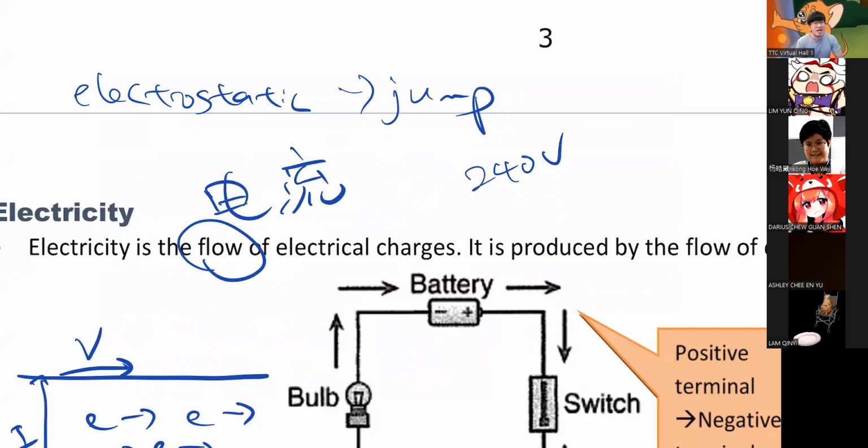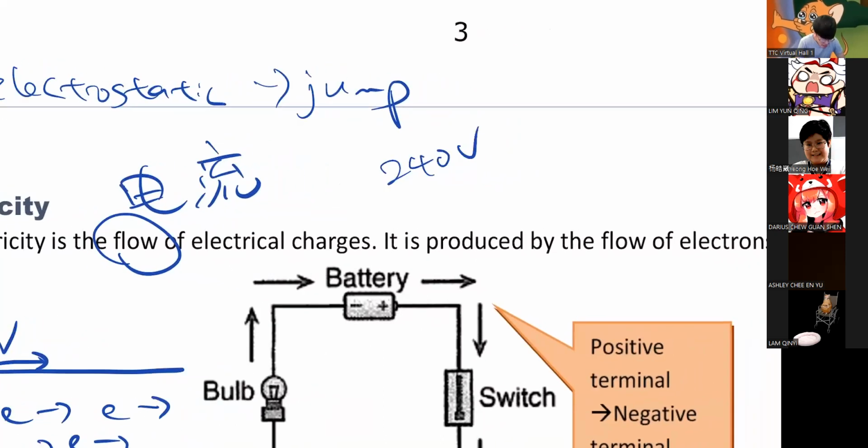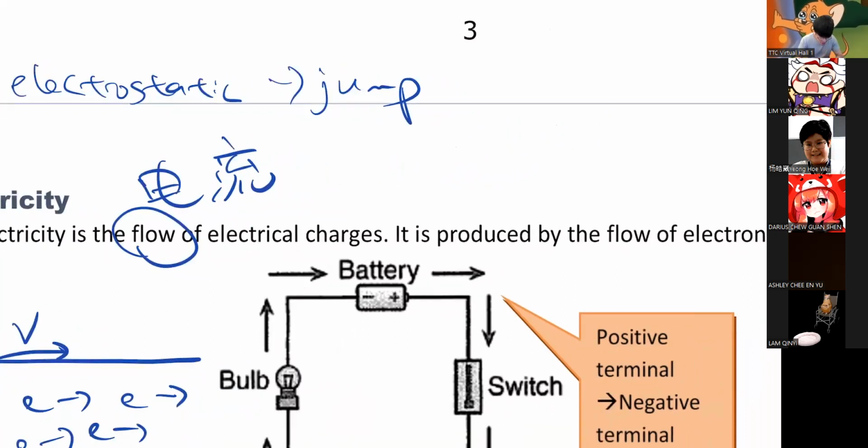Malaysia, we use 240. China use 240. Hong Kong use 240. Australia also use 240. India use 240. Many countries use 240. But if you go to US, 如果你去美国, they use 120. That means for electricity, their voltage is lower than us. Their river is slower than us. 他们的河流比我们慢。